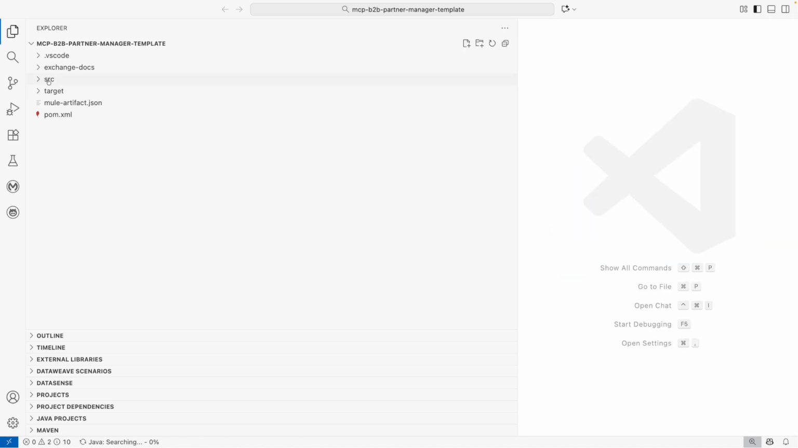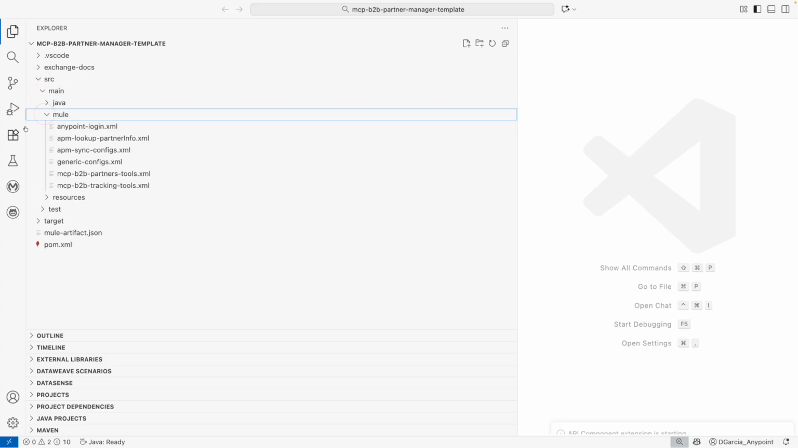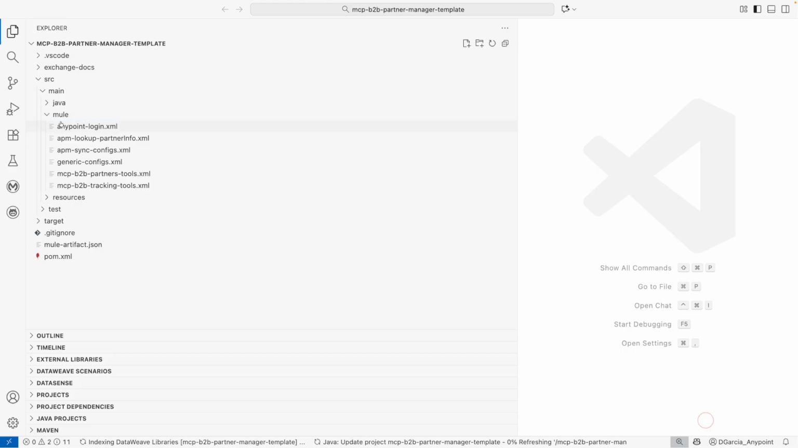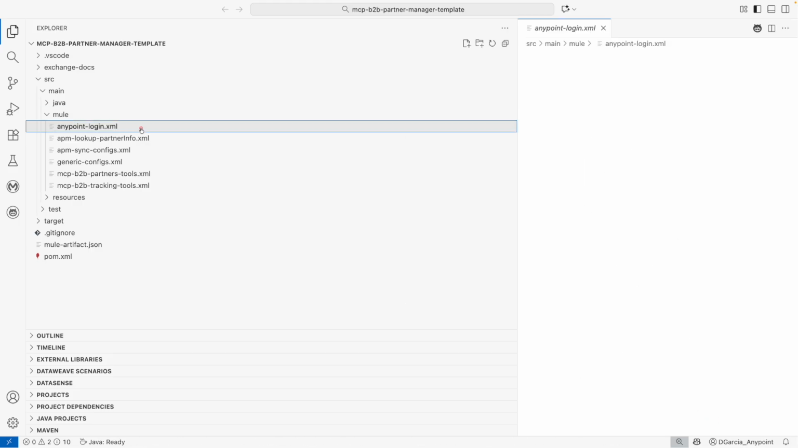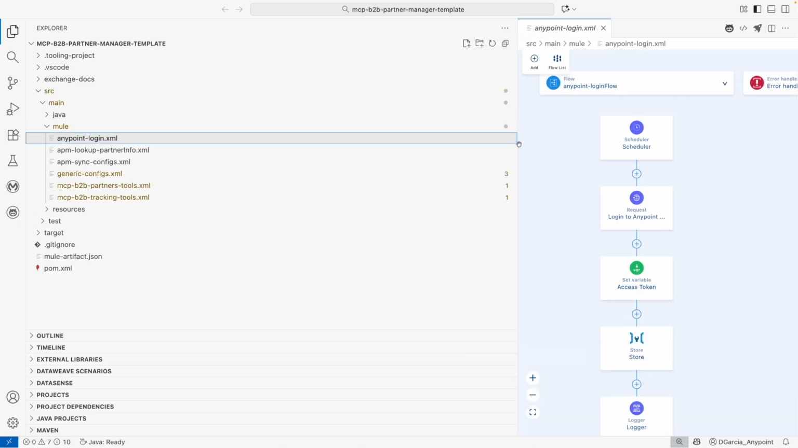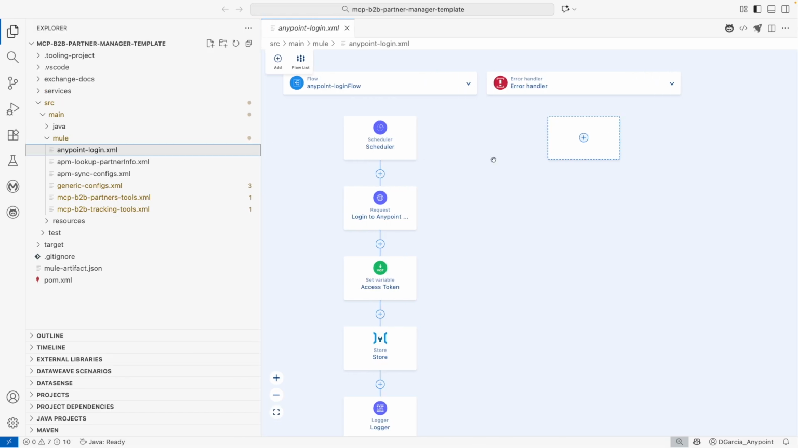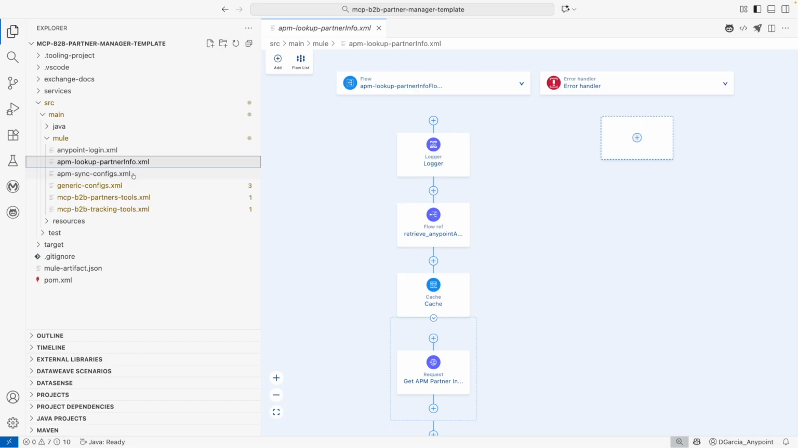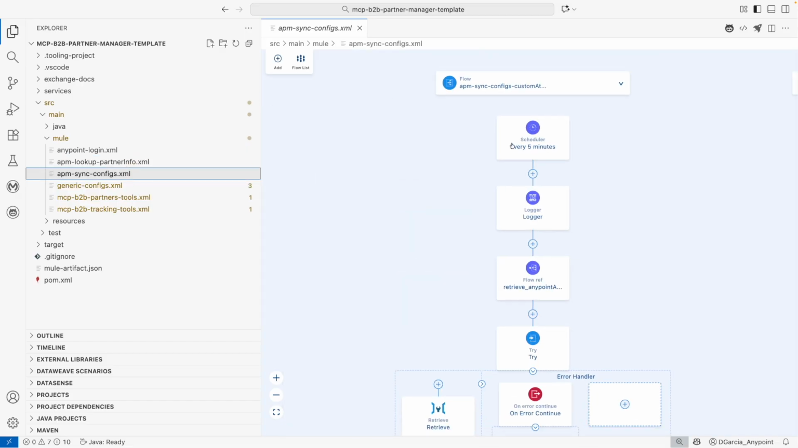and I'm going to drill down into my source main Mule folder to take a look at all of the different flows and subflows that power this template. Here I can view things like how the agent is logging into my Anypoint system. I can look at how it's looking up information about some of my partners, but really we want to look at the MCP B2B Partners Tool XML because this is going to power 4 out of the 5 tools within